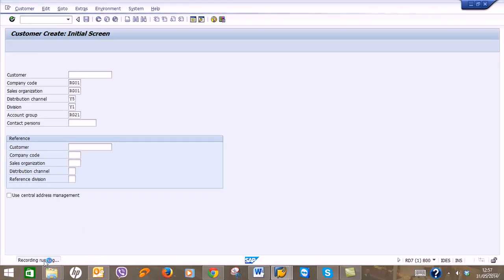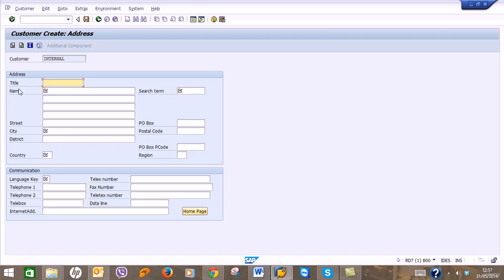You see recording is running in the background. What I am doing, every step is recorded. Leave the title, yeah, give the name. Now the name can be for the new customer, yeah, let's say the new customer for RAS gas can be Sainsbury, because it's a RAS gas, basically an oil and gas company. Okay, so Sainsbury UK Limited, search term Sainsbury's,